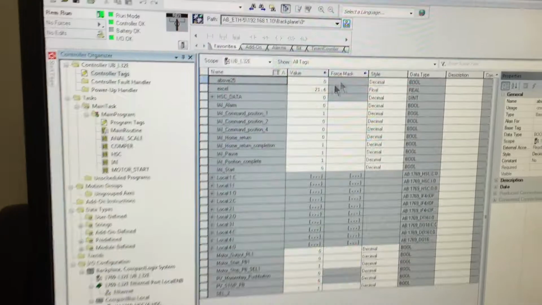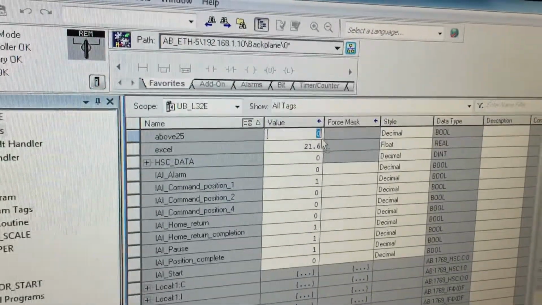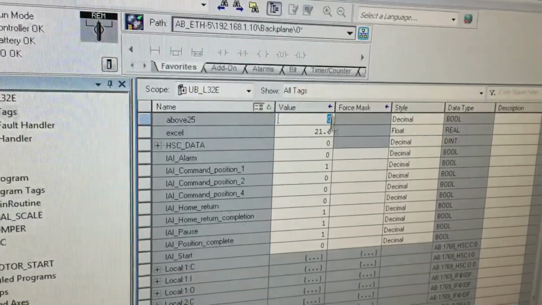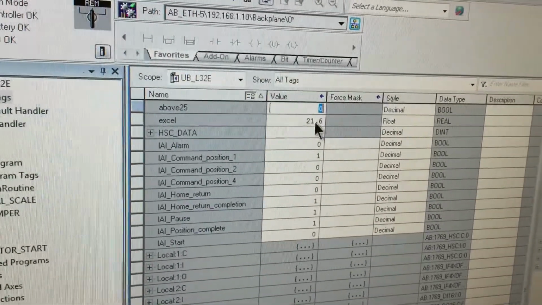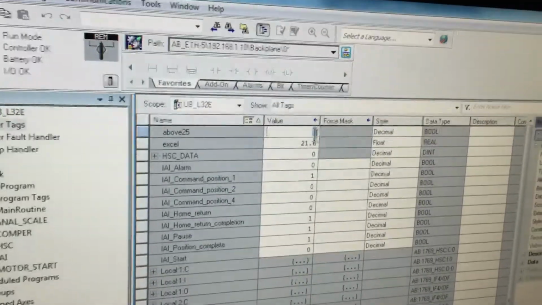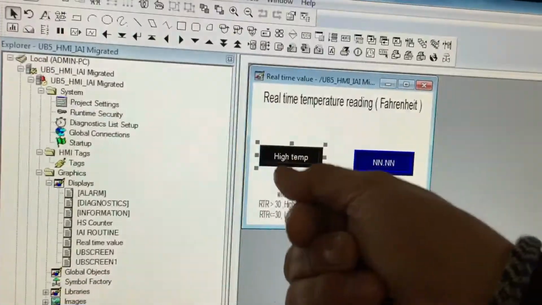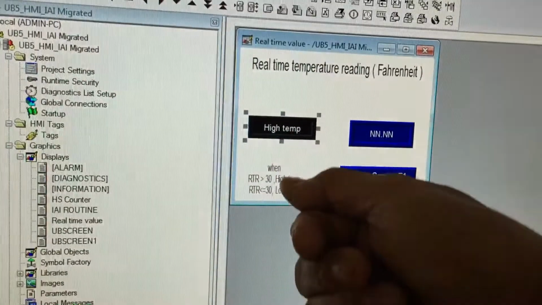For the monitor tag, if it's 21.6, it's below 30, so the value is 0, and if it's greater than 30, then it should be 1 here. According to that, it will give the message here, high temp or low temp.